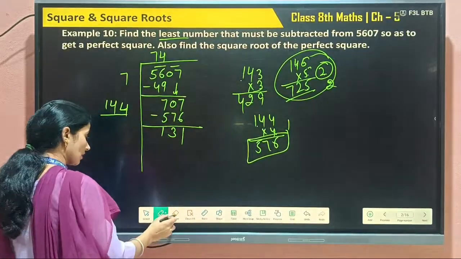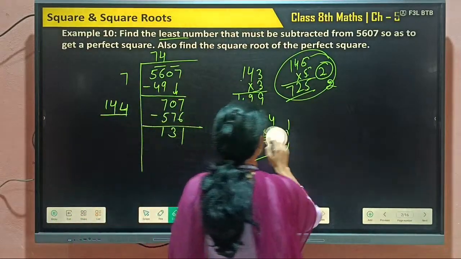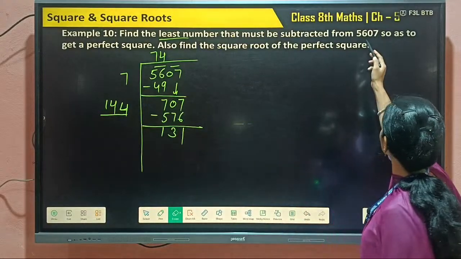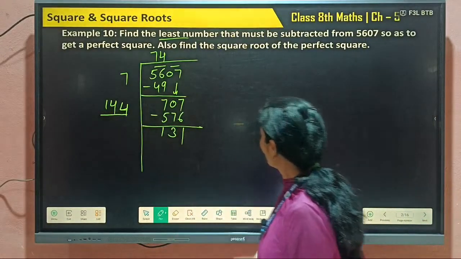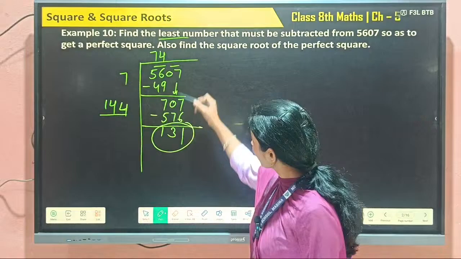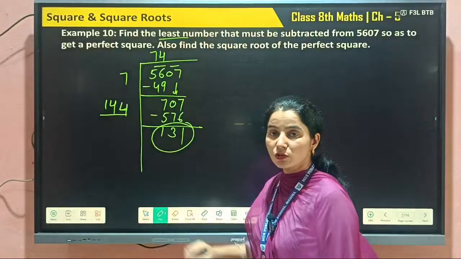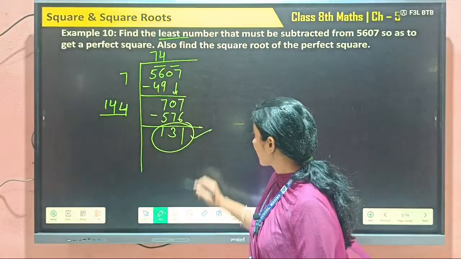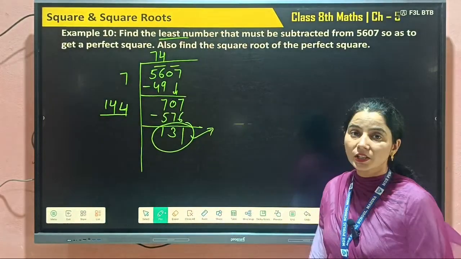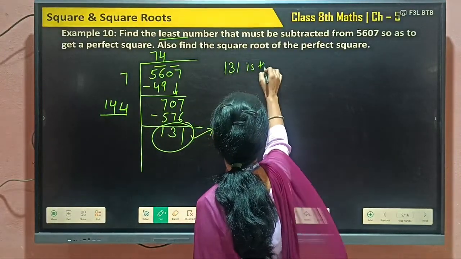So what is the question? The question is to find the smallest number that we have to subtract from the given number. This is the smallest number. If this is the remainder, and I subtract it from my given number, then the remainder will be 0 and it will become a perfect square number. So what we got at last as the remainder, that number we have to subtract from the given number. So I will write 131 is the